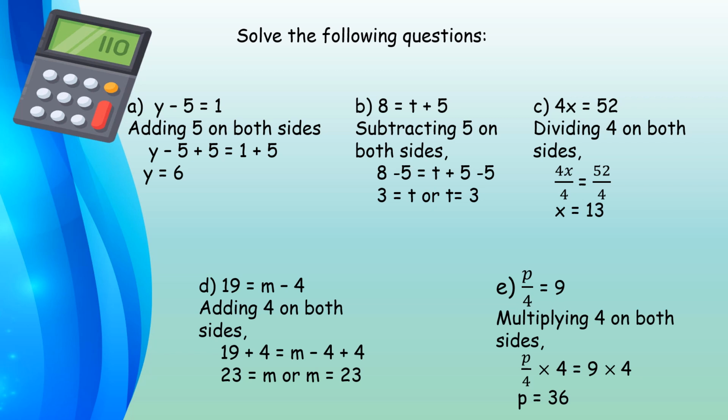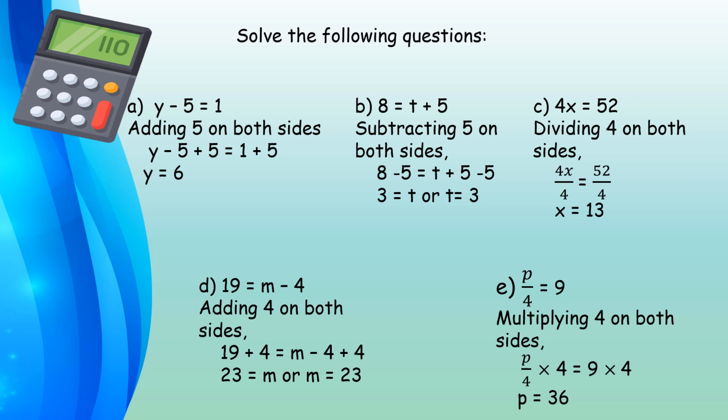Now y minus 5 equals 1. Here what do we have to do? Here there is no value given but we have to find the value. So to find the value we have to solve the equation. So can we subtract 5 from y? No, we cannot subtract a number and a variable. So we have to move this number to the right hand side. If it is on the left hand side with the variable, we cannot do anything. Shift it to the right hand side.